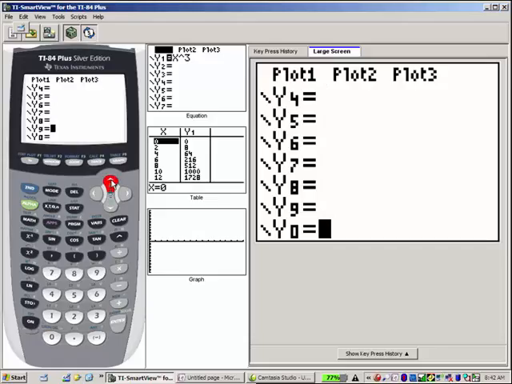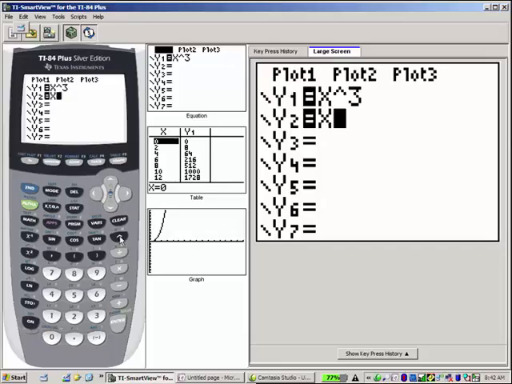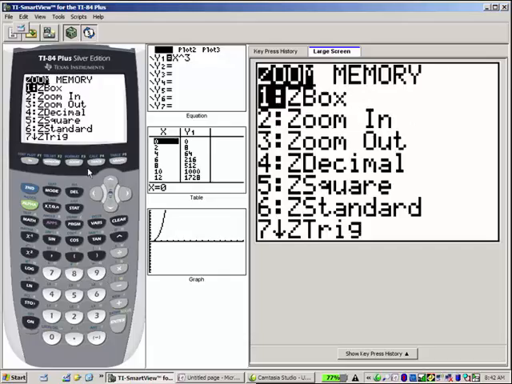If I take a look at x cubed, I happen to know that the inverse function of that is x to the 1/3, or the cube root of x. All right, and if we take a look at that in Zoom decimal,